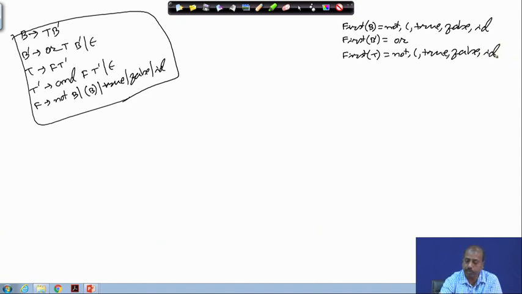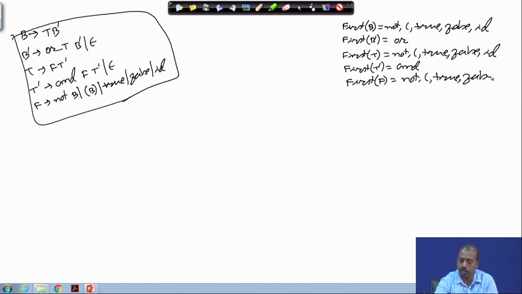And then first of T dash will have AND in it, and first of F will have all these symbols: NOT, open parenthesis, true, false and ID.